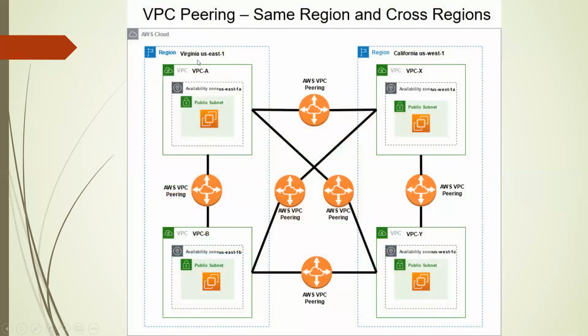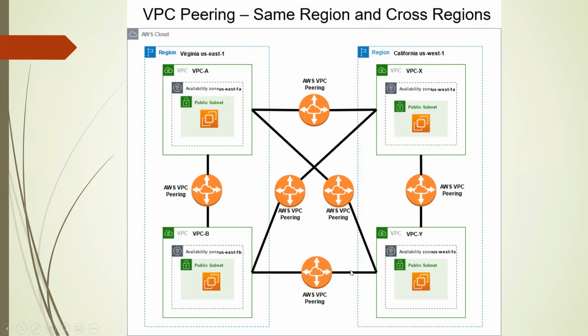As I told you, we will use two regions, US East 1 and US West 1. So we will create two VPCs here because we need to check same region pairing also. VPC A and VPC B we will use here, and we will create the AWS pairing between these two VPCs, right? And after that, we will use US West 1, and we will use VPC X and VPC Y, two VPCs in this region, and we will create the VPC pairing in this same region. We will check whether it is working or not, right?